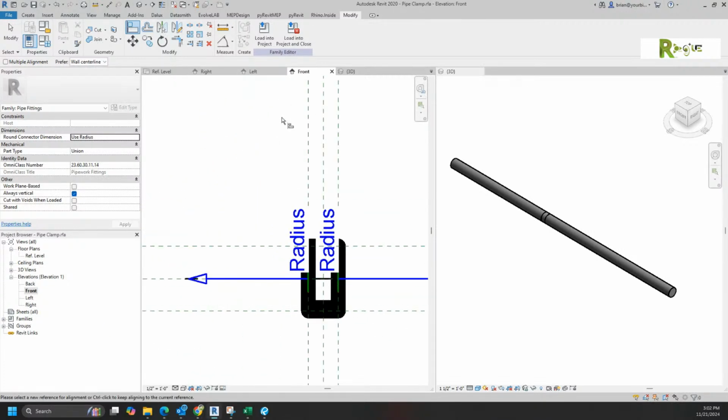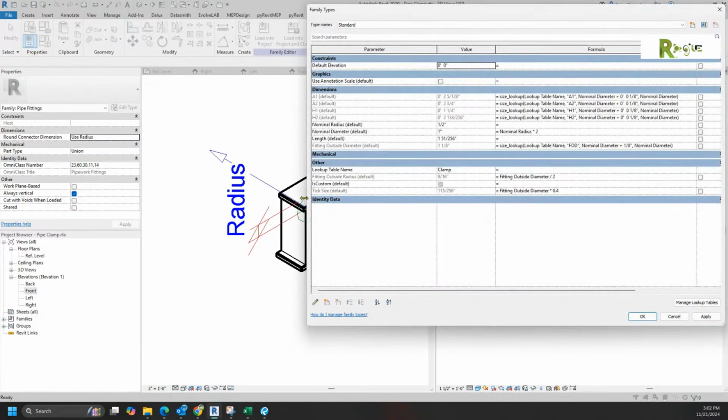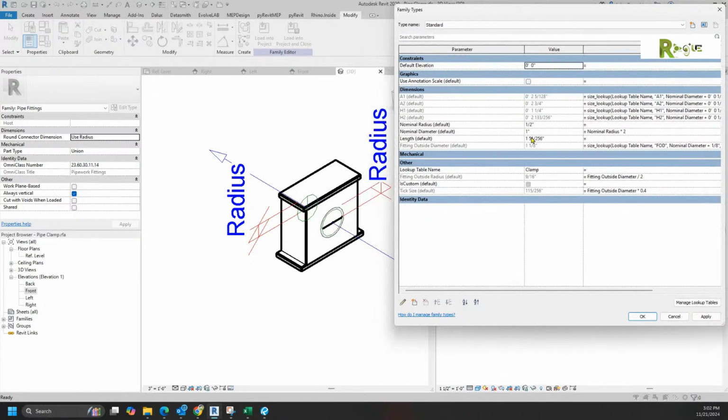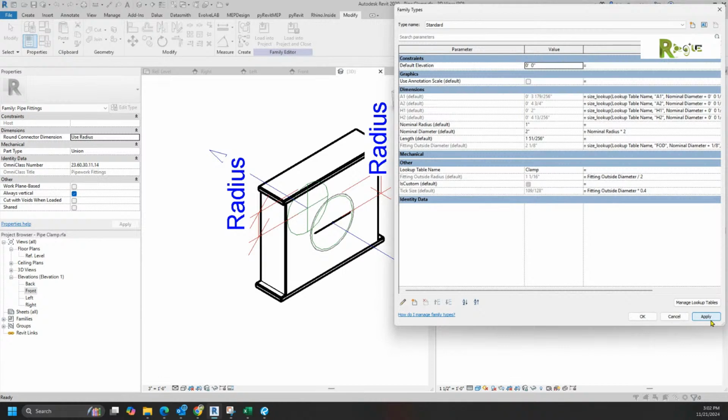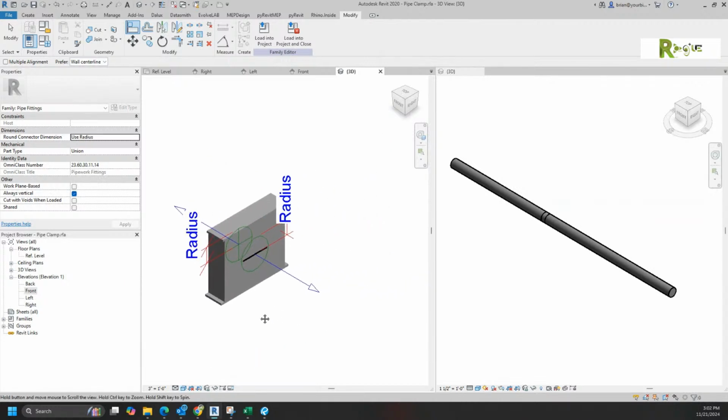All right. So by making that shape, we should now be able to make these adjustments, and that thing should grow and shrink. 2-inch, apply. See how that all grew, Mike? So that's essentially your clamp. Now you could apply better materials to it if you want different materials, but what should happen now is